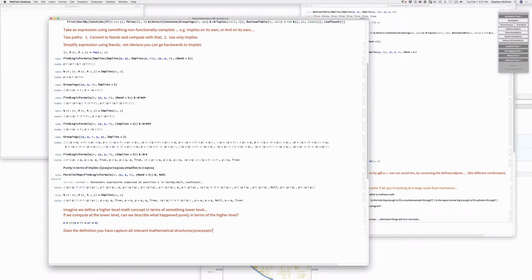Well, let's take this as an example. This thing here is a good example of this. Okay, so this thing here can be simplified to P implies Q, by converting it, either directly or by converting it to NAND, which then gives